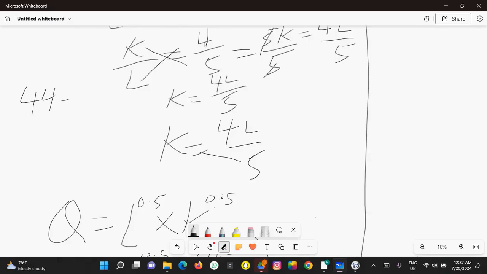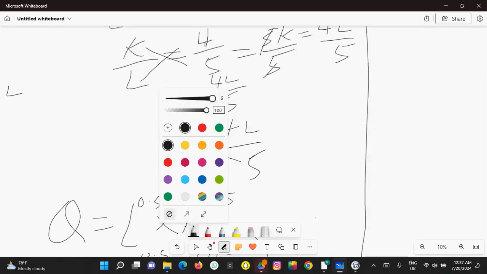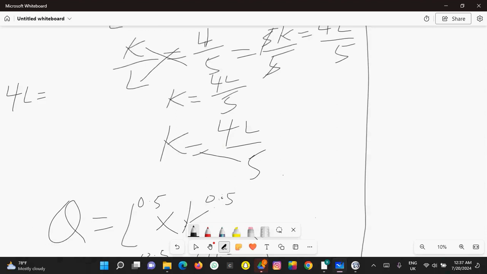4L will be equal to 5T, right, divided by 4. So L is equal to 5T over 4. Right. So now